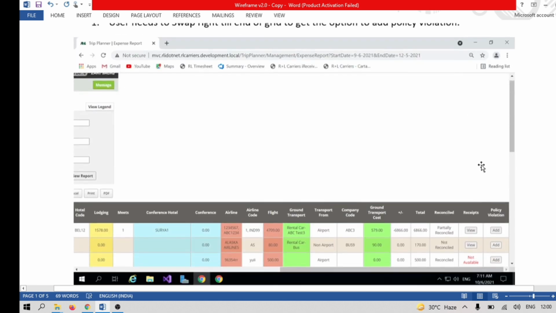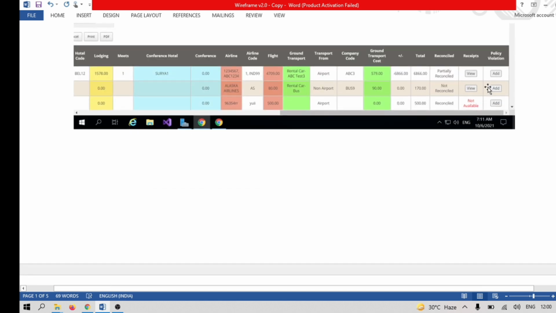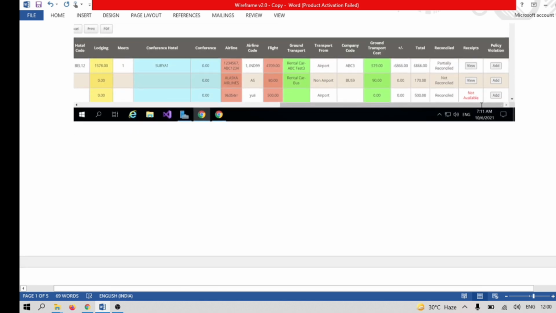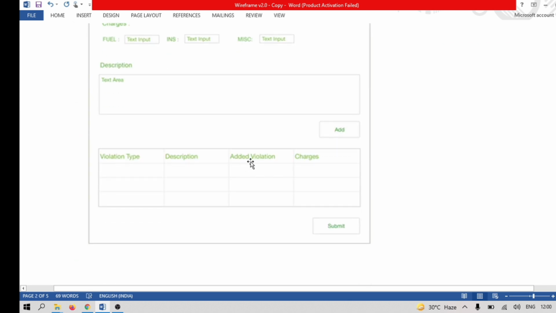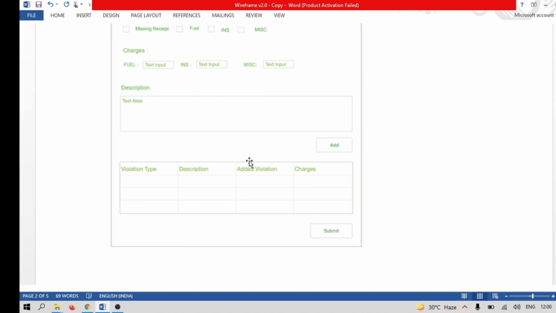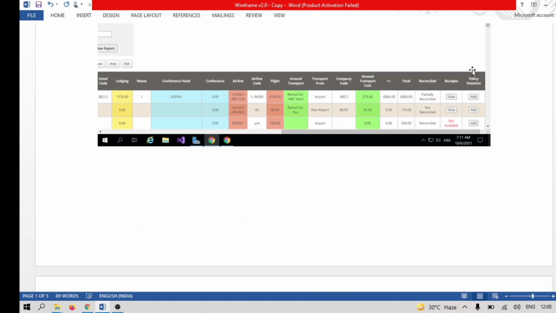Okay, once the user clicks on this add button, one pop-up will get displayed, this kind of pop-up. You are seeing here, it looks like this particular column has already been developed, but it is not developed. What I did, I just copied the last receipts. This is receipts TD, TD you can say.